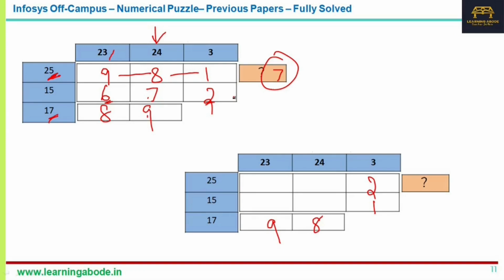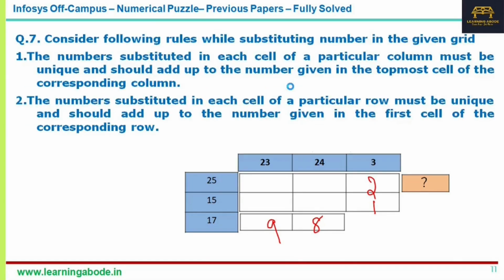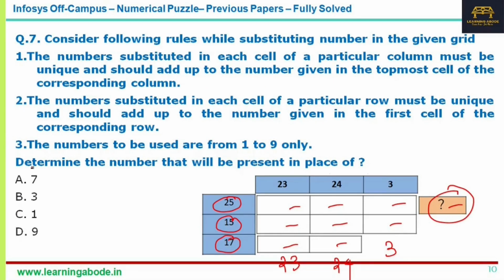Okay, right. I think this is one of the possibilities. Probably you can interchange this 8 and 9, and similarly you can interchange 8 and 9. But still in any case you'll get the answer only 7. So the answer for this question is 7. Let me look at the answer choices. Yes, 7 is there in the answer choices. So answer choice A, 7 is the answer for this question.